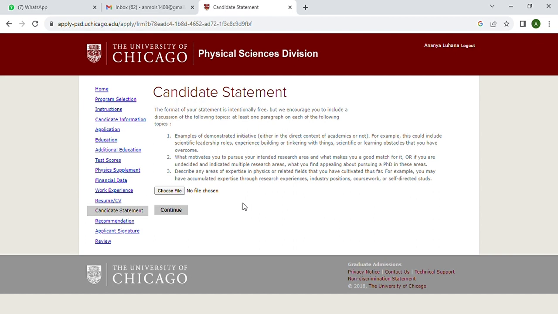For this you could include scientific leadership roles, experience building or tinkering with things, and scientific or learning obstacles that you have overcome. Second, what motivates you to pursue your intended research area and what makes you a good match for it. And third, you need to describe any areas of expertise in physics or related fields that you have cultivated thus far. Okay, so you need to add everything in this candidate statement or personal statement